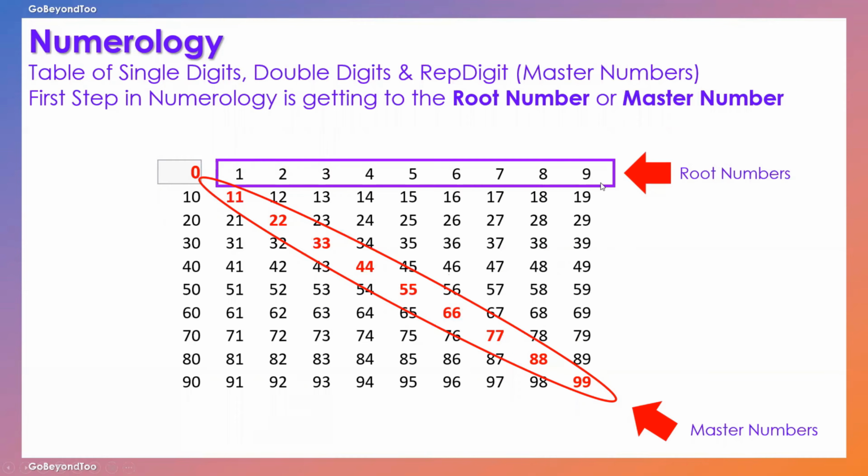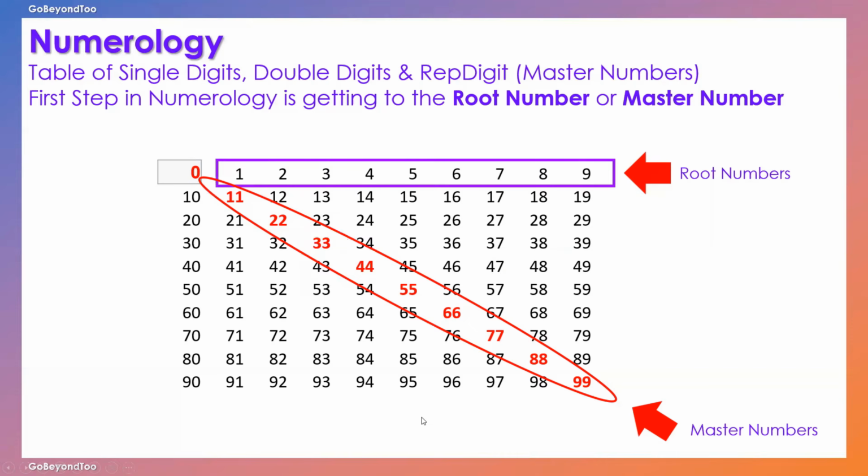When we calculate the numerology for a specific person based on their birth date, we need to reduce the numbers to the root numbers or to the master numbers. These are the indivisible numbers. You can't reduce number 11, for example. When you reach a single digit such as 1 through 9, you don't reduce any further. When you reach a double master number such as 11 or 22 or 33, you don't reduce any further.